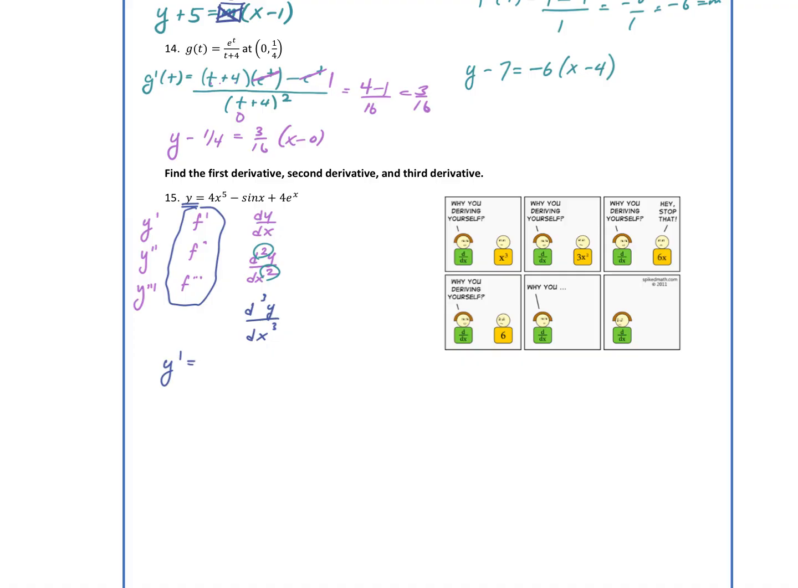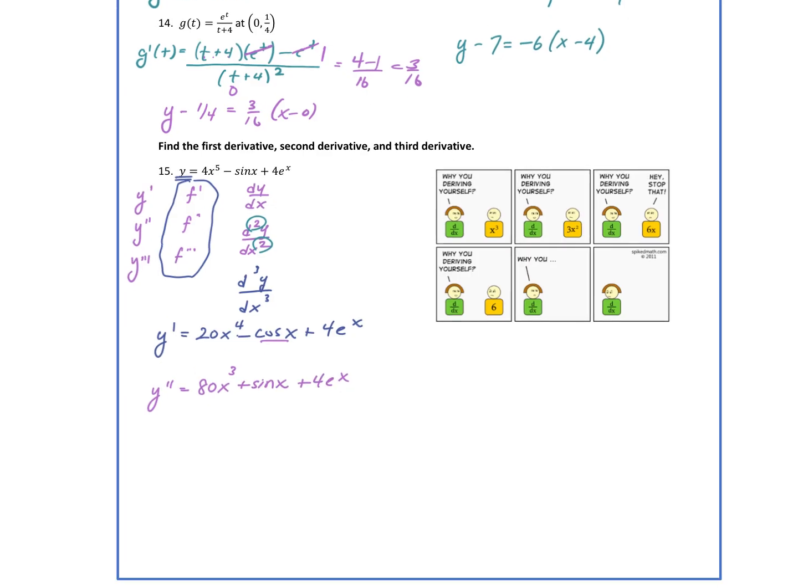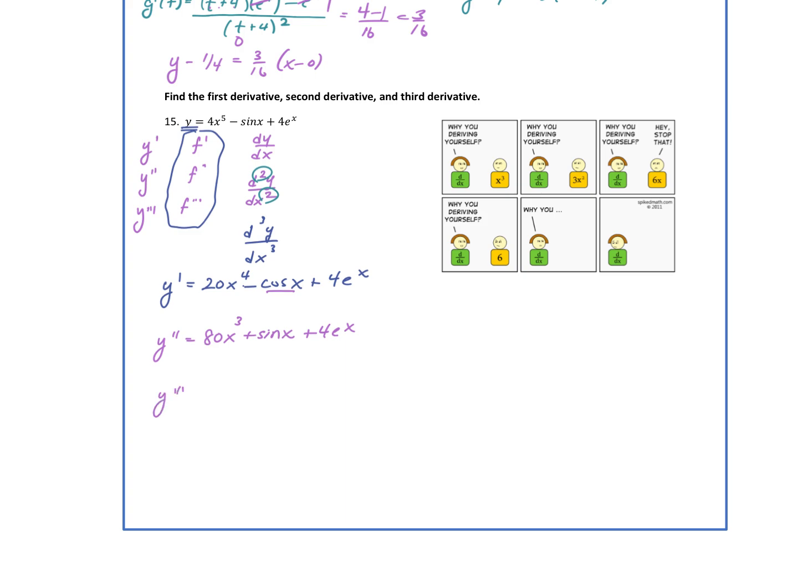y prime will be 20x to the 4th minus sine is cosine of x, and then plus 4e to the x. y double prime, just keep going, 80x cubed. Cosine is negative sine, so plus sine of x plus 4e to the x. And then y triple prime would be 240x squared plus cosine x plus 4e